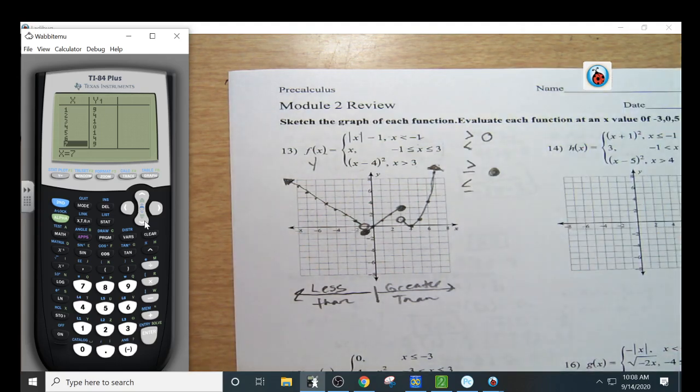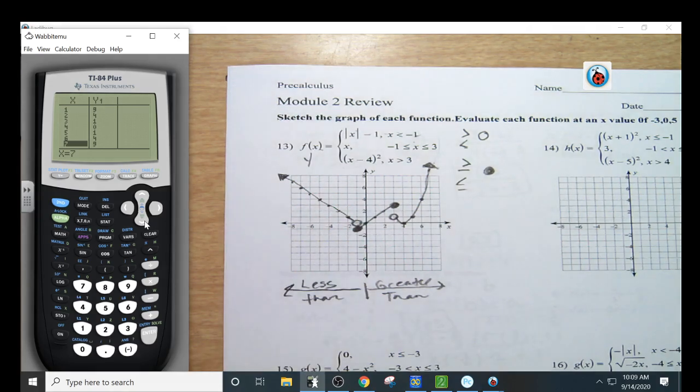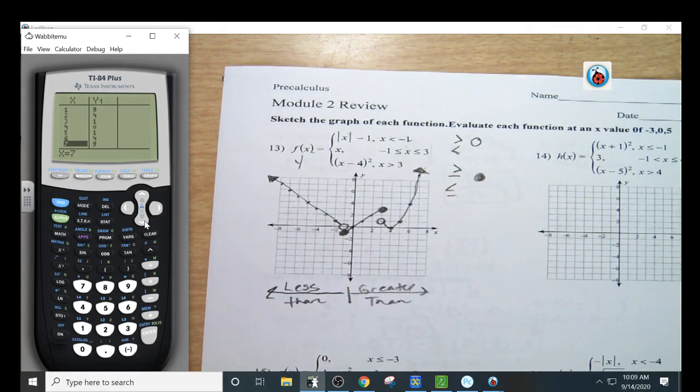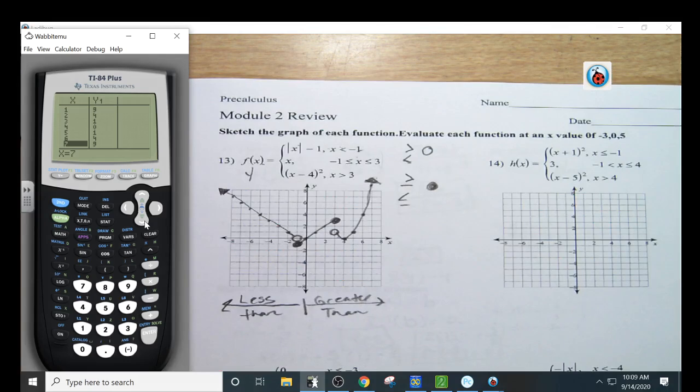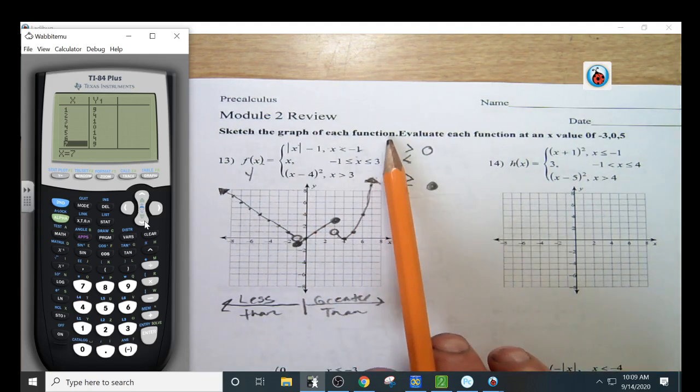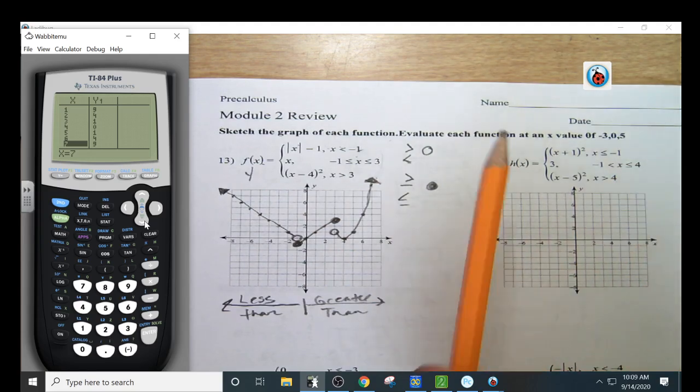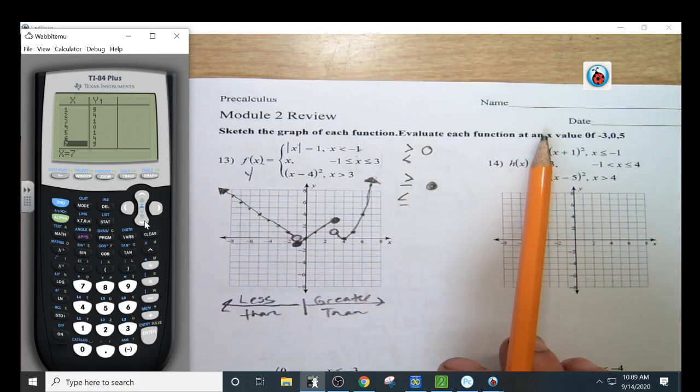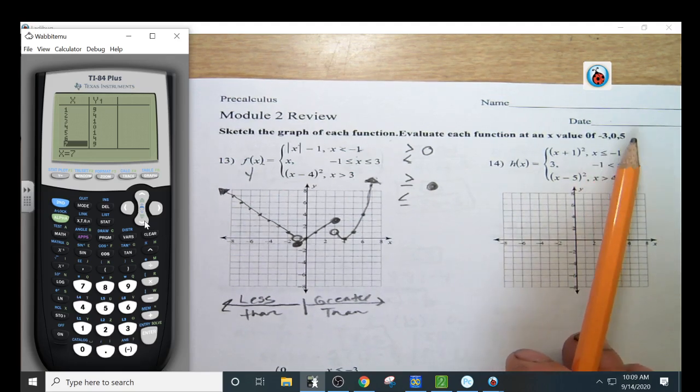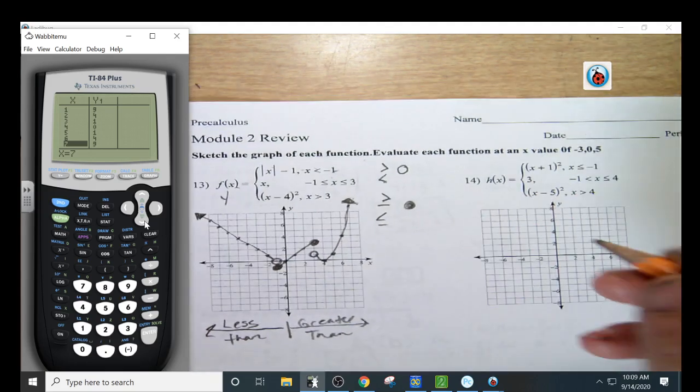All right. So that's your pieces, guys. Now, it says sketch in your directions, guys. It says sketch the graph of each function. Okay, and then you're going to evaluate each function when an x value is -3, 0, and 5. Okay, so now,